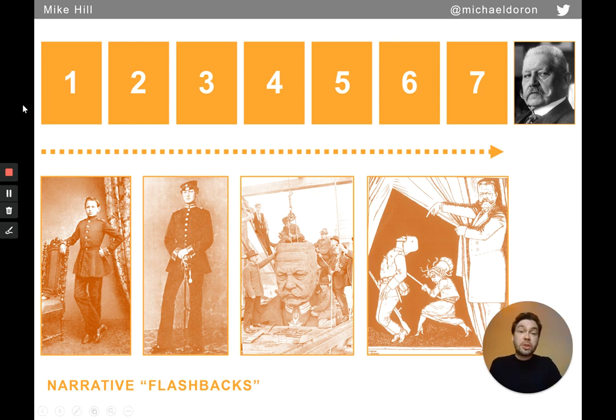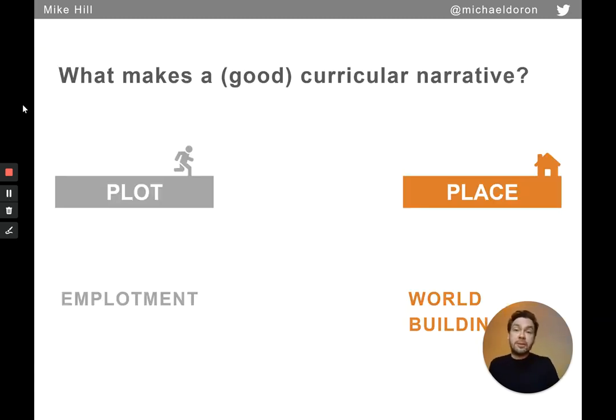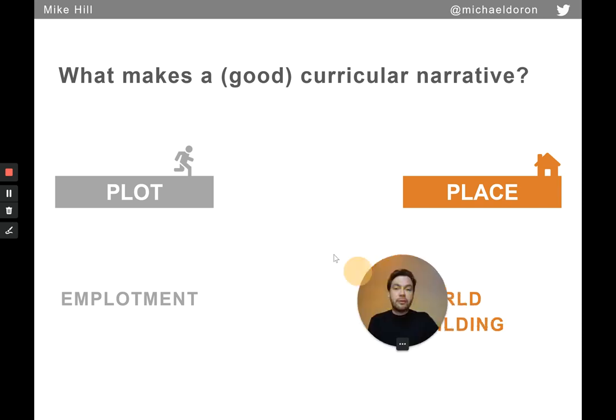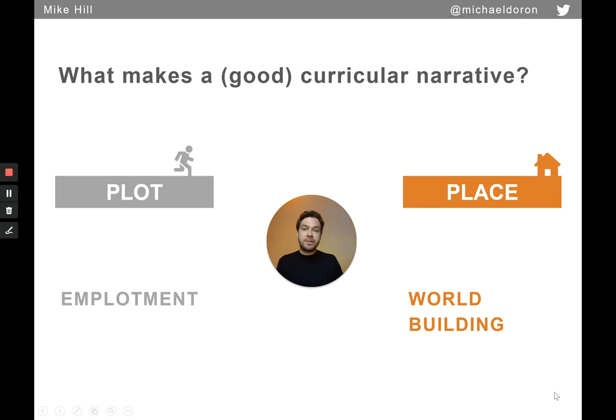So these were the two examples I wanted to give you about emplotment, which leads us back to the idea of developing place and world building in particular. And I think world building is powerful for many different reasons, but one of them is that it often makes abstract ideas or concepts more understandable in terms that students can recognize from their own lives or that they can